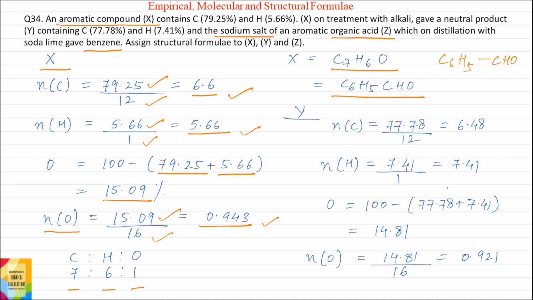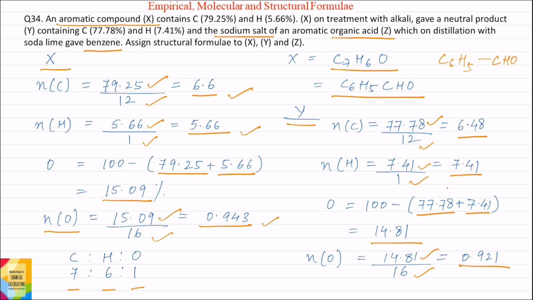Now X on treatment with alkali gave a neutral product Y. अब Y में moles of carbon हो जाएगा percentage of carbon divided by atomic weight of carbon, which is equal to 6.48. Moles of hydrogen हो जाएगा percentage of hydrogen divided by atomic weight of hydrogen, which is equal to 7.41. Percentage of oxygen होगा 100 minus percentage of carbon plus percentage of hydrogen, which is equal to 14.81%. Moles of oxygen हो जाएगा percentage of oxygen divided by atomic weight of oxygen, that is 16, and this is